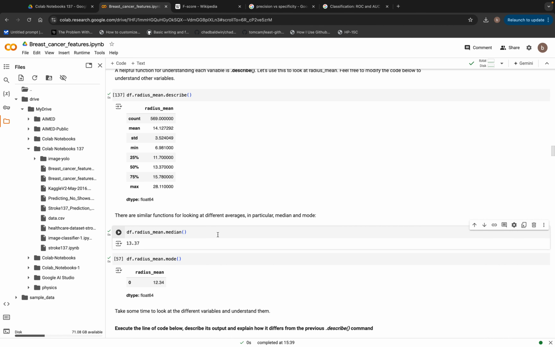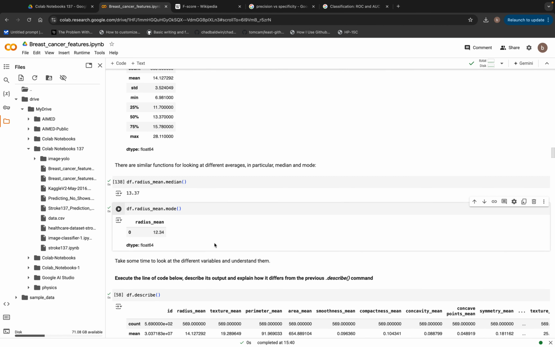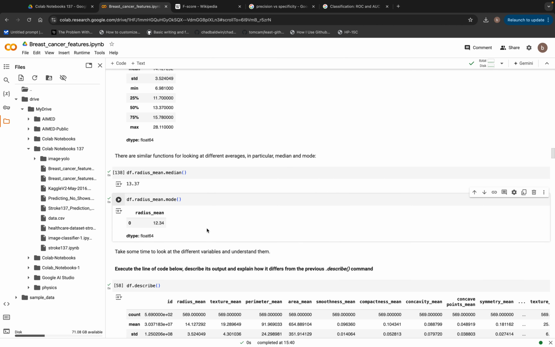And you can look at the average rate, which is about 13.7. Okay, and you can look at the mode as well. You can get all the different statistics you want. Actually, I would just use Gemini. You can use any large language model to learn anything about all these different variables,